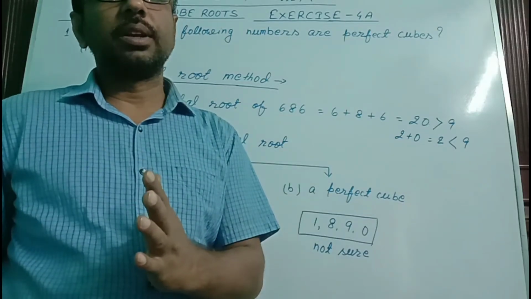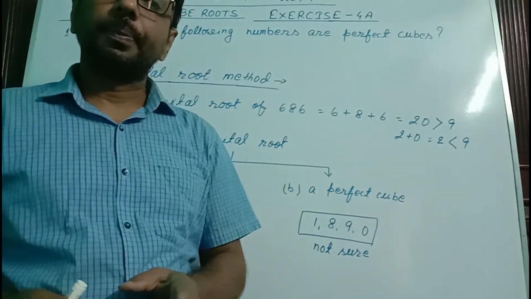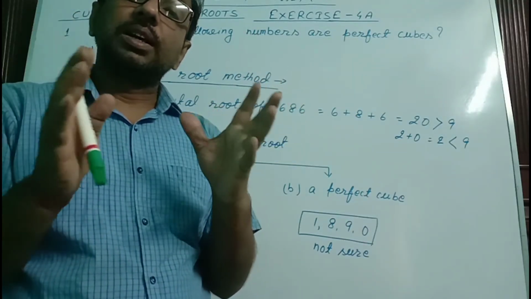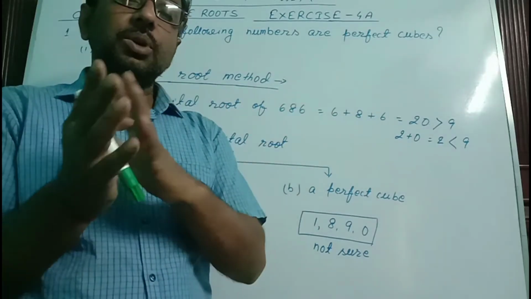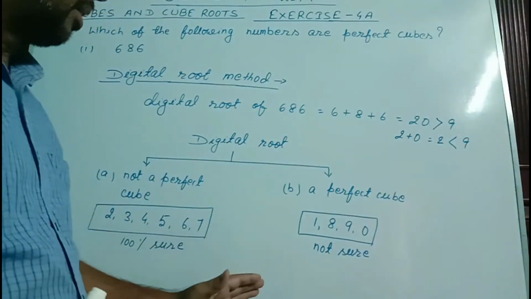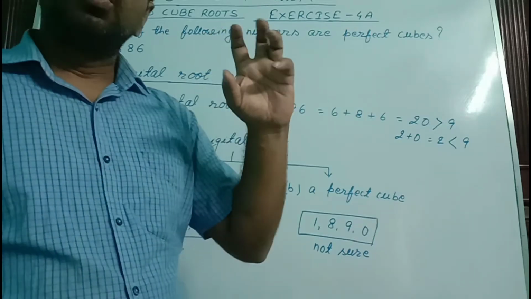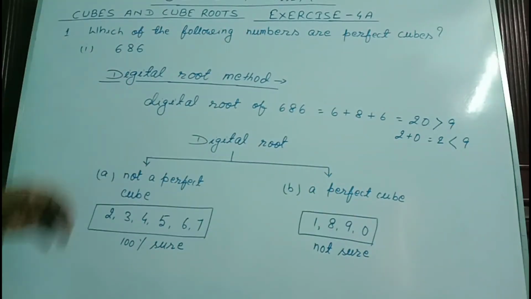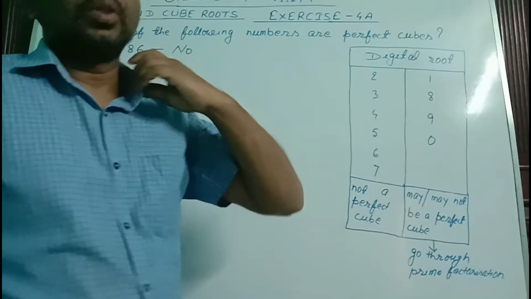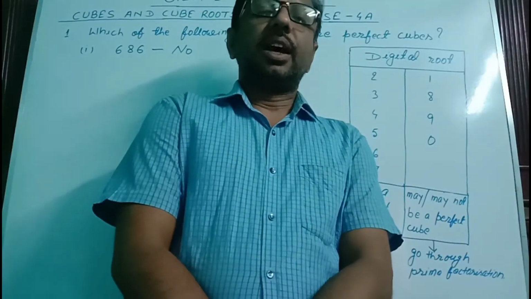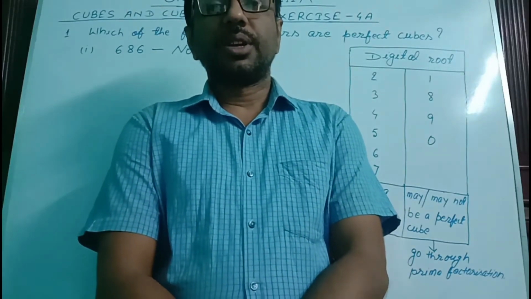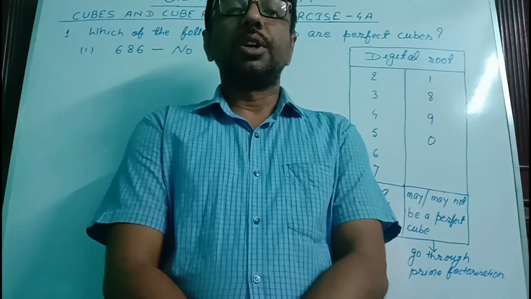So many questions are given in this question number 1. 10 questions are given. To check the prime factors of all those given numbers is a time consuming process. If you select a few numbers, for those we will get the answer through this digital root, then our work will be very simpler. The first is, for that here we will write no. This is not a perfect cube. So in explanation I am taking more time, but when you understand this process, then in solving the question you will take very less time.